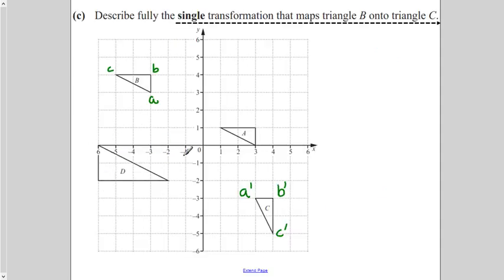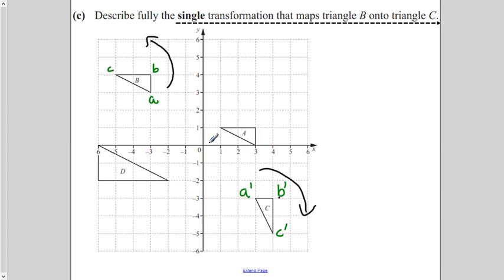Okay, so coming back to the question, I have given a name to the corresponding points because B is mapped onto C. So I'm calling this point A, 90 degrees B, and the longer side here, C. This is the hypotenuse, right? So this is my A prime, this is my B prime, this is C prime. Now if I read A, B, C, you see orientation is not preserved. It is clockwise and it is anti-clockwise. So it is reflection. The question says describe fully. So first, you are telling it is reflection. Second, you have to tell reflection in what line.